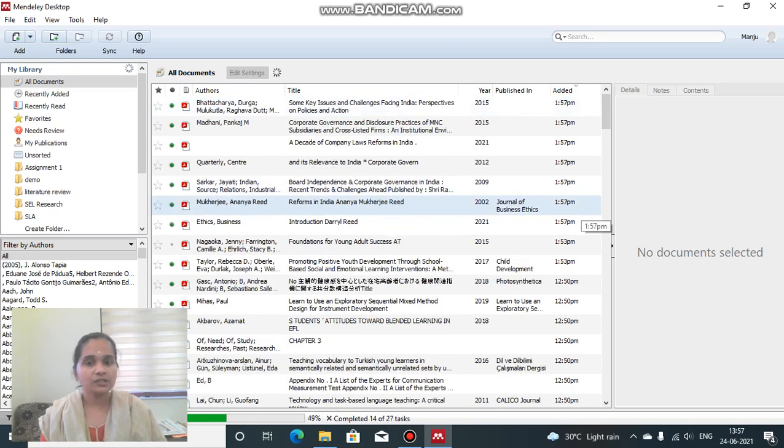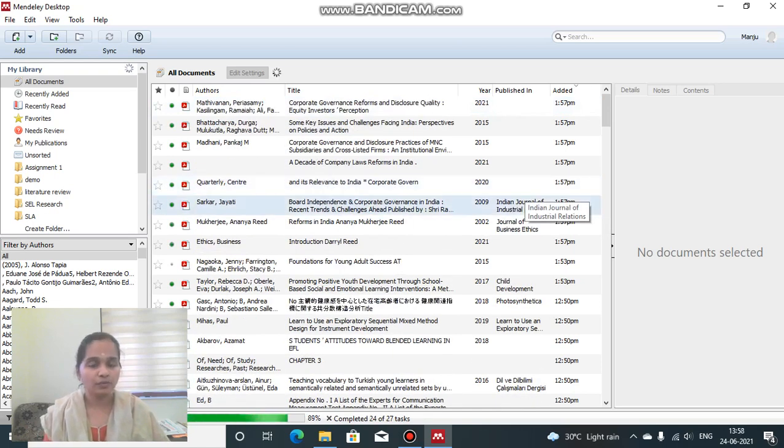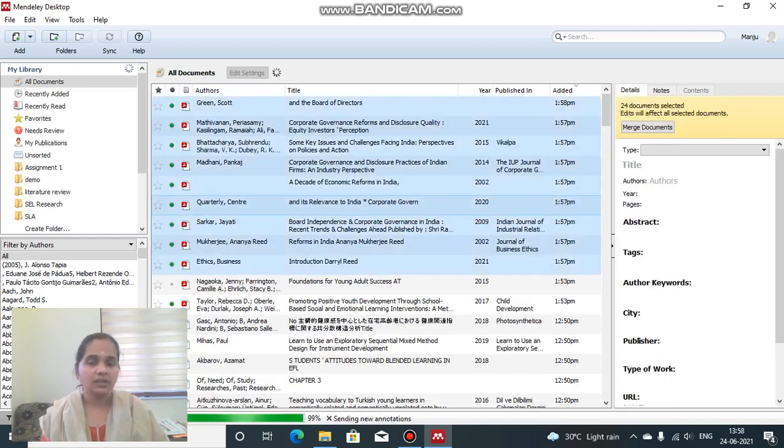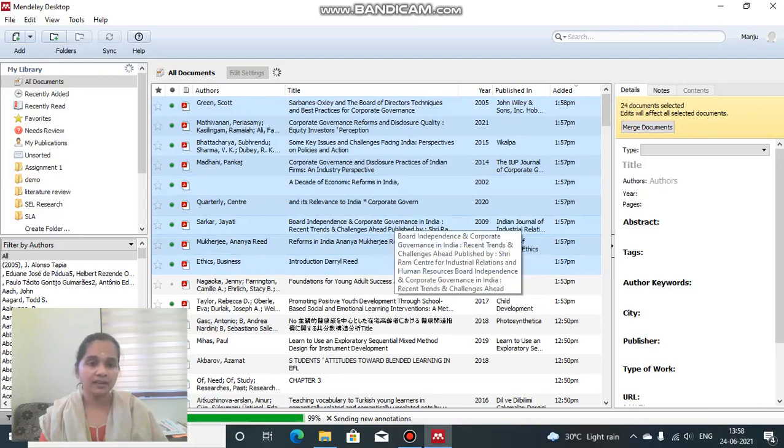And also whenever we download some items and move them to the watch folder, they will be automatically updated to this Mendeley site. That is the feature. So here you can see many new papers getting added. You see, it's recently added. Those in the watch folder get added here. That is a special feature of the watch folder.